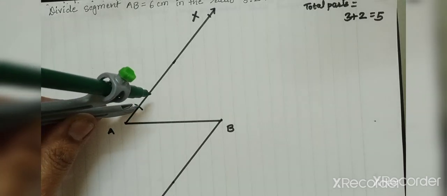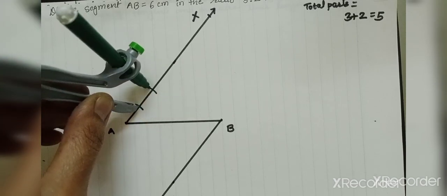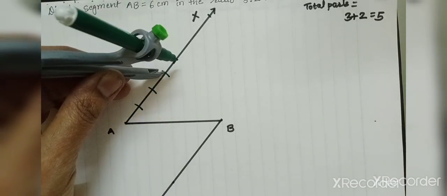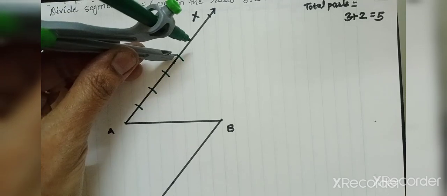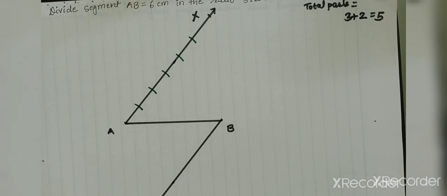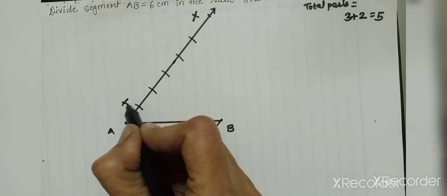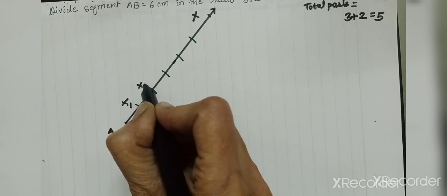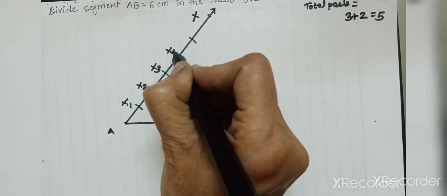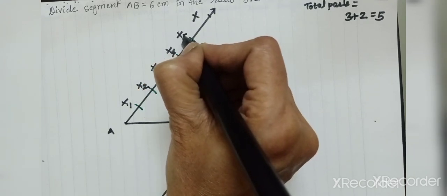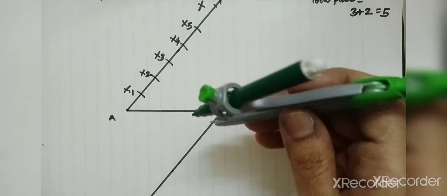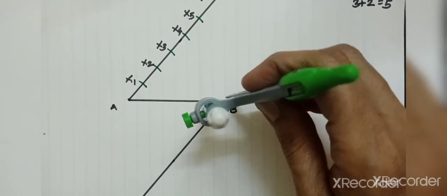Say 1, 2, 3, 4 and 5. Right, and you name them as, say this point is x1, x2, x3, x4 and x5. Same way, without disturbing this distance, you draw the same 5 arcs on the